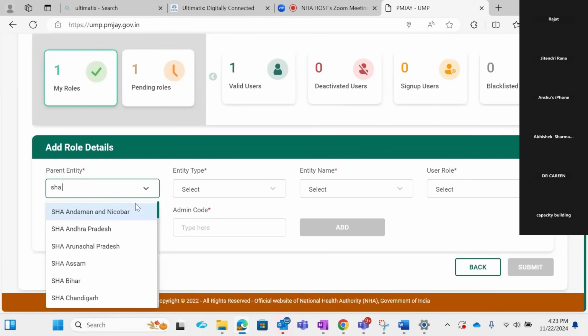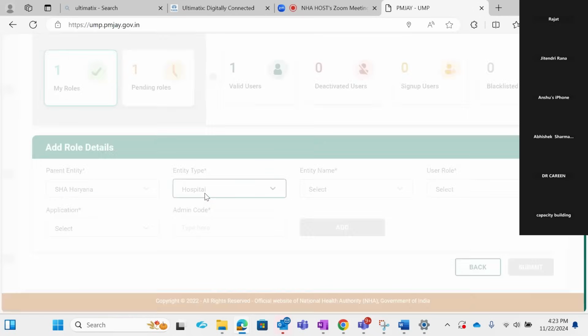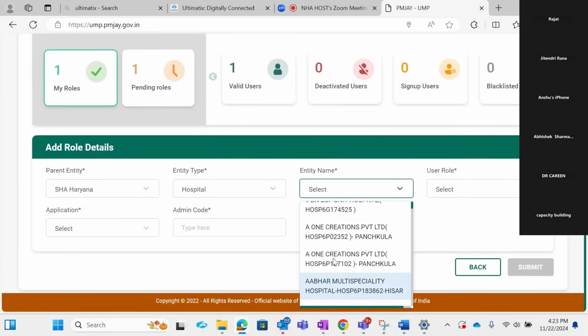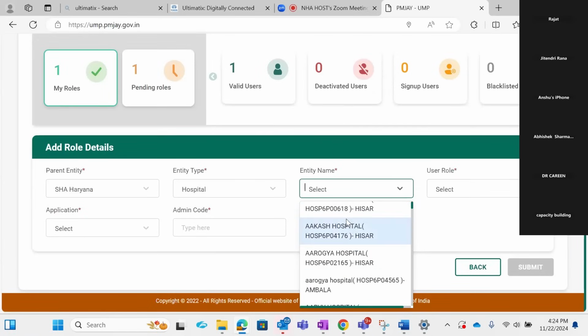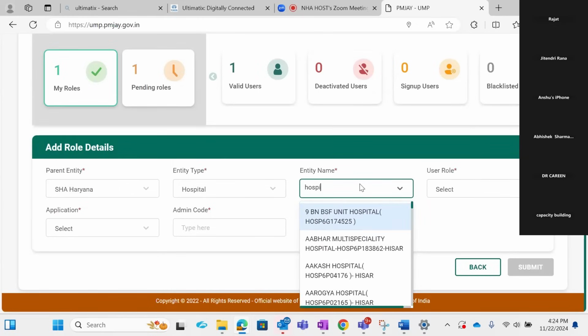Let me show. See, let's say I have this Bajaj Eye Center, right? So I will directly select this because I know this is my hospital. In case you know your hospital is not here, then you will select the hospital onboarding entity.